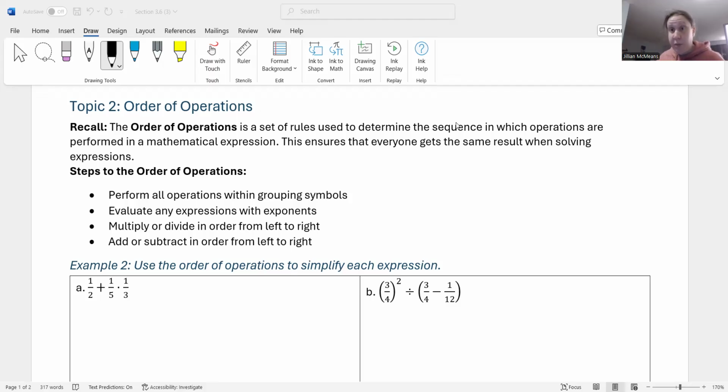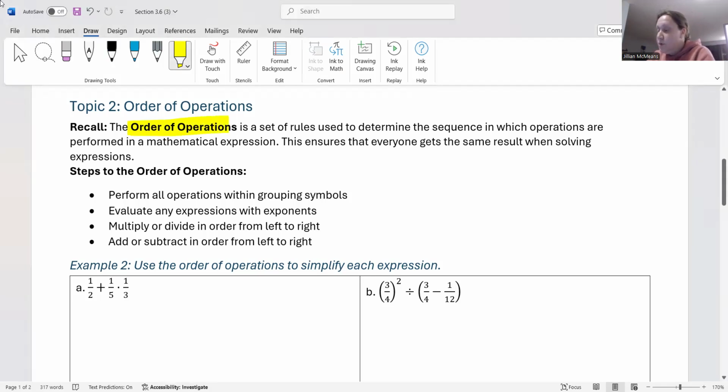Okay, at this point, you should be an old hand at the order of operations. We've seen the order of operations with whole numbers and integers, and now you're seeing it for the third time with fractions. So the good news is the order of operations does not change, okay? So recall the order of operations